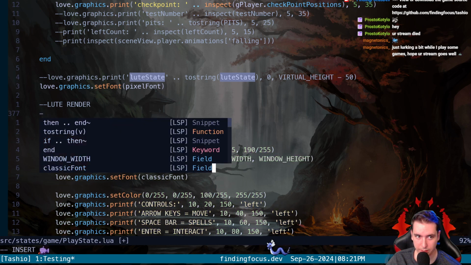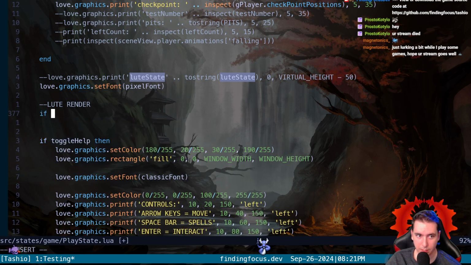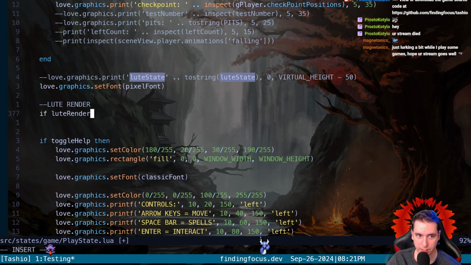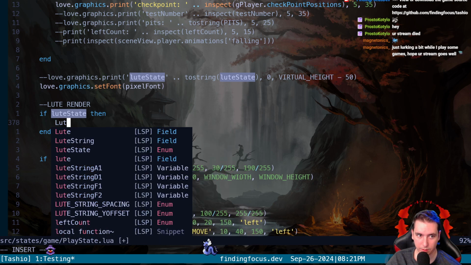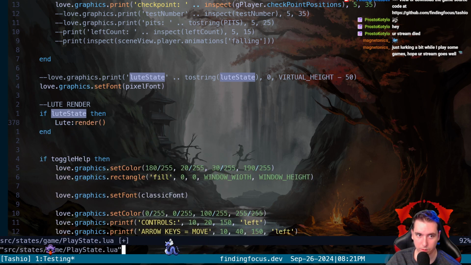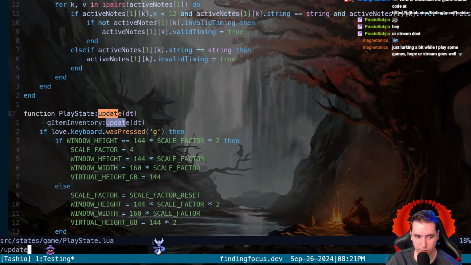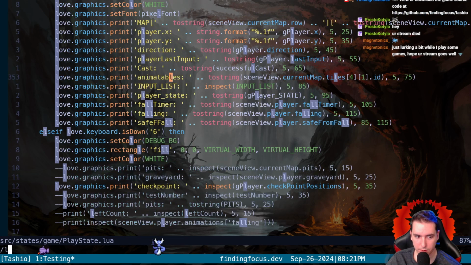So here we can say we basically turn that 300 lines plus 100 of render lines into if loot state, then go ahead and render our loot. So we'll condense it into that as long as we have loot update.